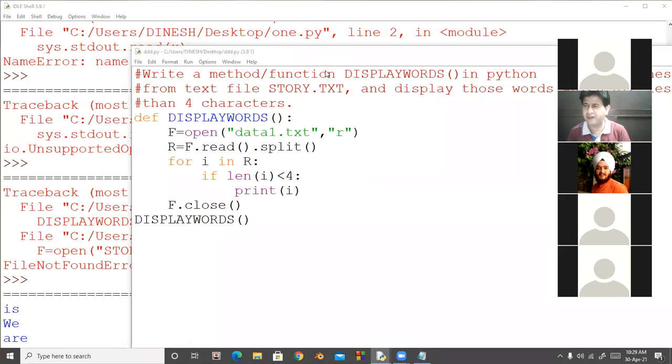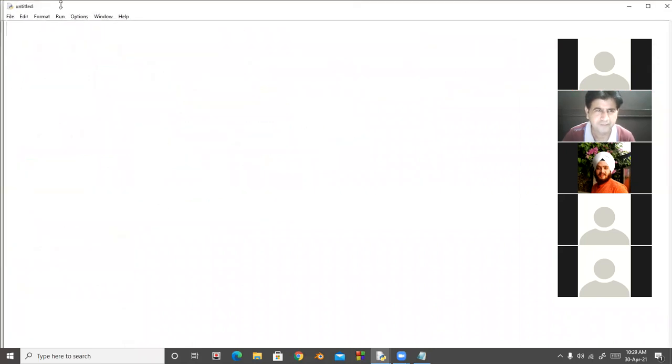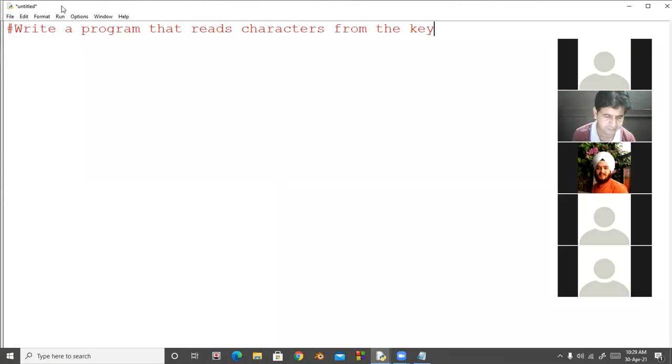Okay, students, a very, very interesting question. So look at here. The question is, write a program. So they are not saying about the function, so we will make the program that reads characters from the keyboard one by one.